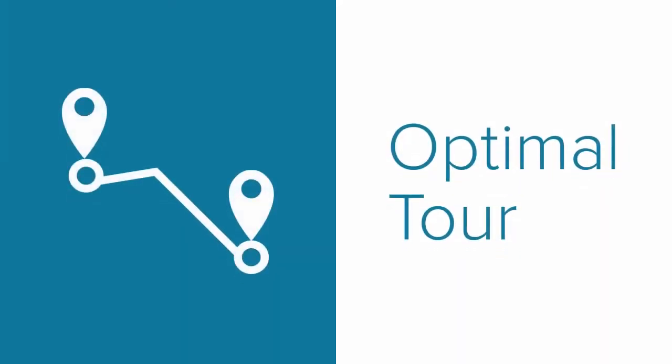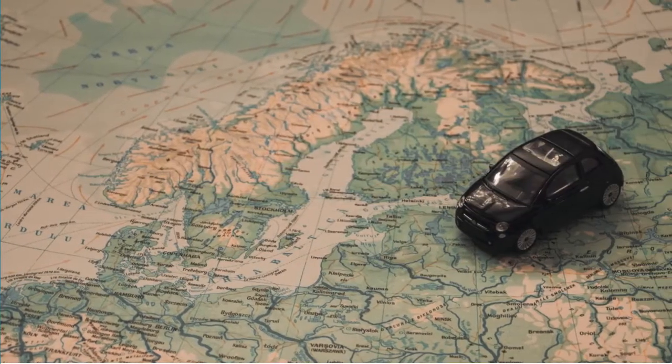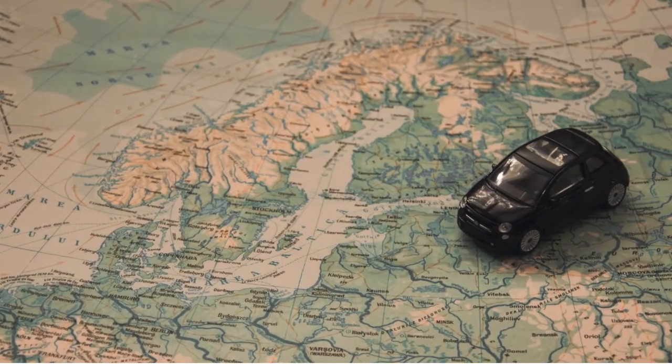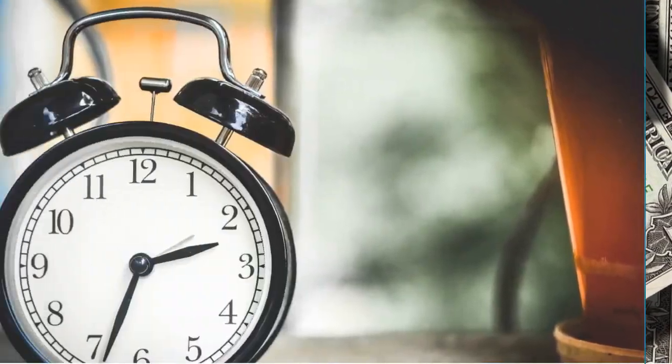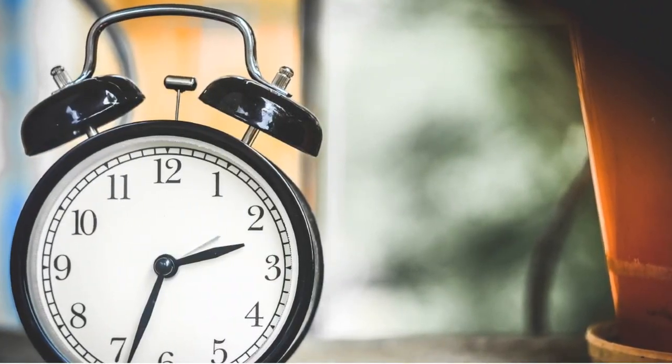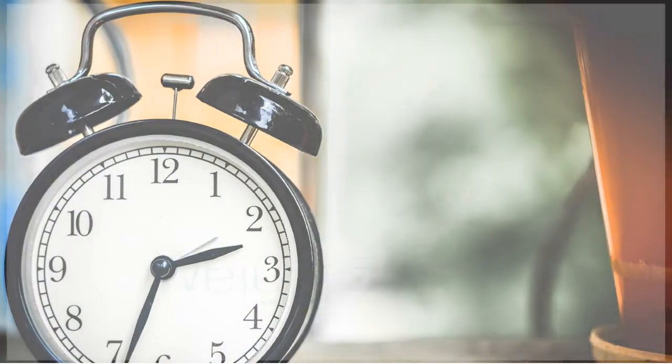The classic traveling salesman problem is the idea of deciding which order to visit each client, which tour is the most efficient. If we can find this most efficient tour, we call that the optimal tour. Sometimes we want to travel the shortest distance over the course of the tour. Sometimes we want to buy the cheapest plane tickets. And sometimes we just want to save time and get the tour done as quickly as possible.